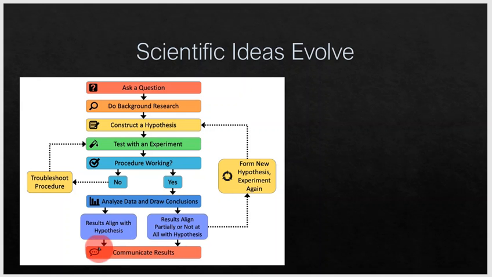Scientists do this by publishing papers in journals, and these journals are open to scientists all around the world. At the time of Galileo, he would have written his ideas down and sent them to other scientists to have a look at and say whether they agreed with him or not. So the idea with science is that you start off with an idea, and really what you're trying to do is prove that it's wrong. Even if you feel that it's right, you're trying, in every way possible, to prove that the idea is wrong. And if you cannot prove that the idea is wrong, then your idea holds a little bit of weight.